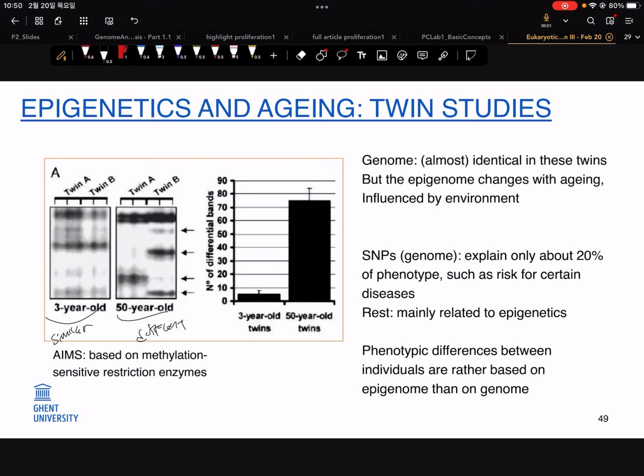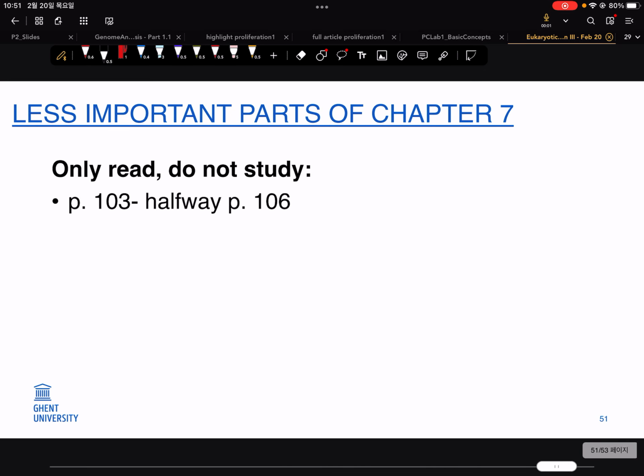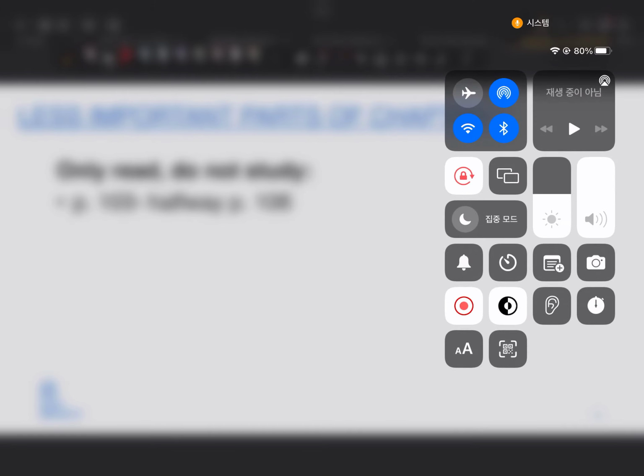For more information about what I have discussed today, chapters 6 and 7 of the book are interesting to read. And certainly do not study again for chapter 7 this part. Okay, that is the end for today. Maybe for people that prefer to read a bit more about Lykos and